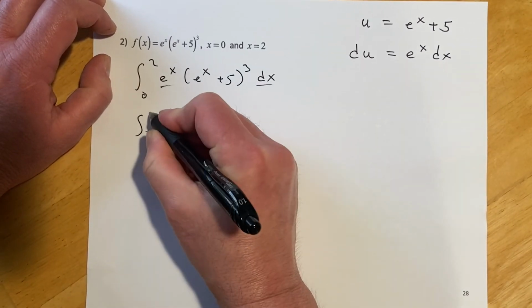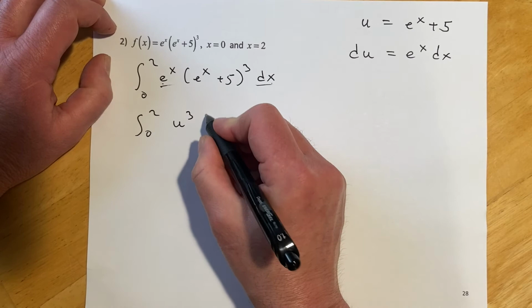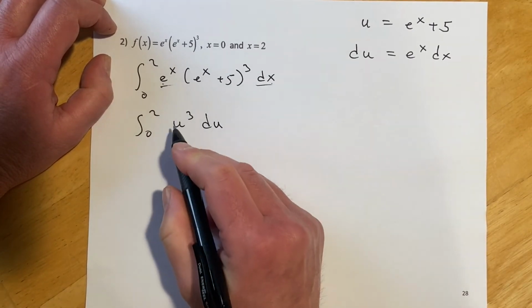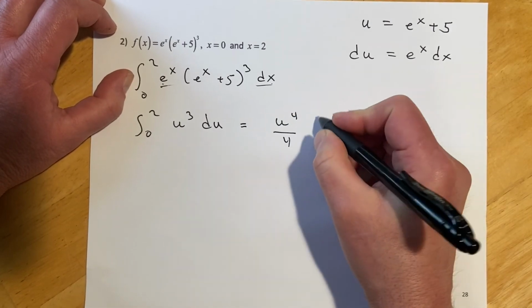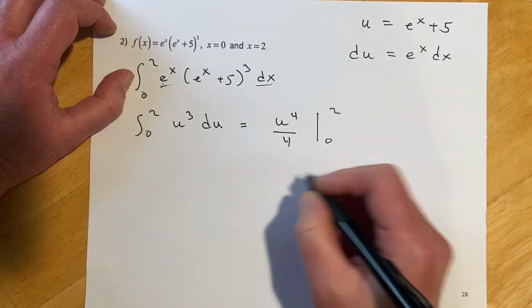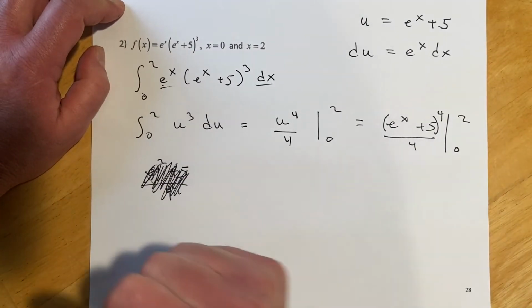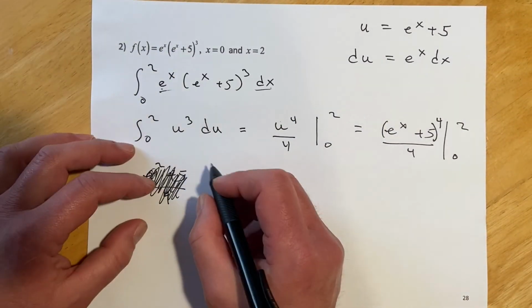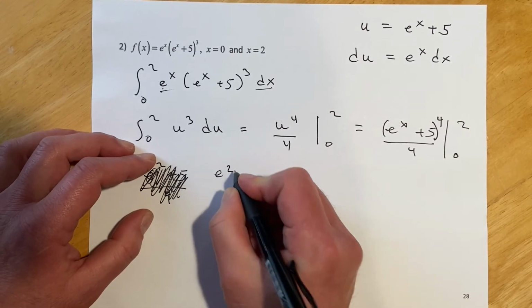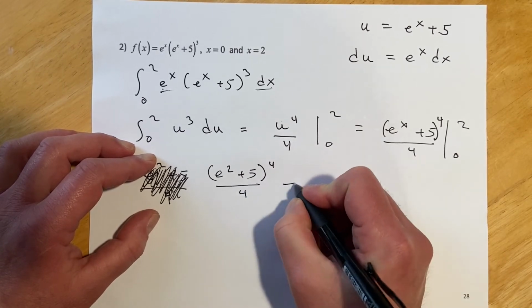So now I have 0 to 2, that's going to become my du. This was now u cubed, and then du. Once we got that, we'll do our integration. So that's going to be u to the 4th over 4, evaluated from 0 to 2, which is, u is right there, so that's going to be e to the x plus 5. Okay, my neighbor started pounding on something, so hopefully that has stopped. And I added a 4 right there. I forgot to write that 4 when I came down. So evaluating this, we're going to go e squared plus 5 to the 4th over 4, and then minus,